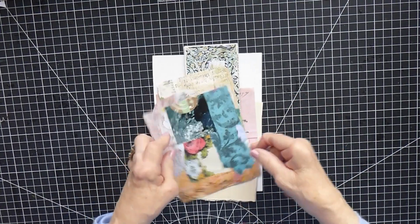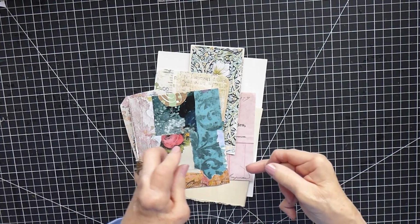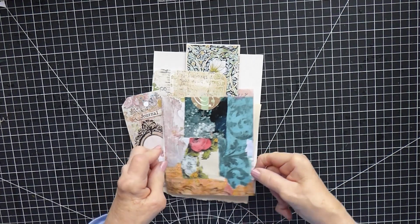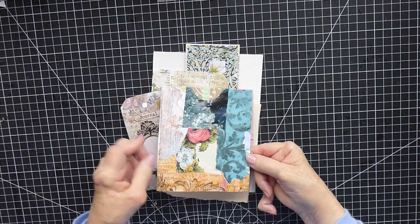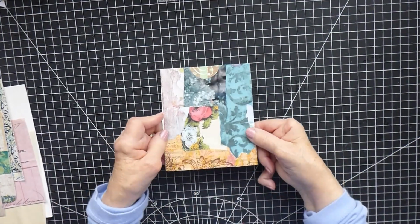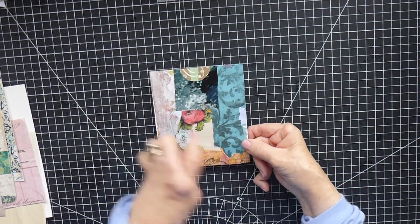So I've just got a little random pile, relatively random, in that I was saying I was looking for things I could use for journal cards and tags. So you can see this is an obvious journal card. And I pulled this out. This is a piece of a masterboard I must have made a long, long time ago. It's been sitting in this box for goodness knows how long, but I spotted this colour and I thought, well,